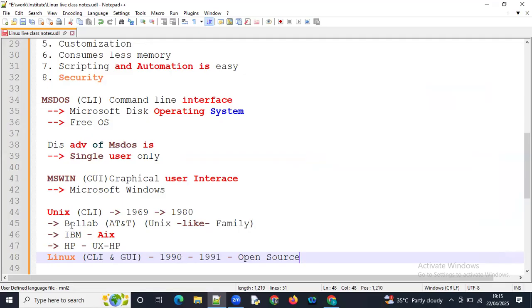First, the technical term is clone. Of course, for understanding purpose, you can also use clone as flavors. The flavors of this Linux are also a family of Unix, and the difference between Unix and Linux is that Unix has only CLI, but Linux has both CLI and GUI. Okay, it is also an open source operating system.